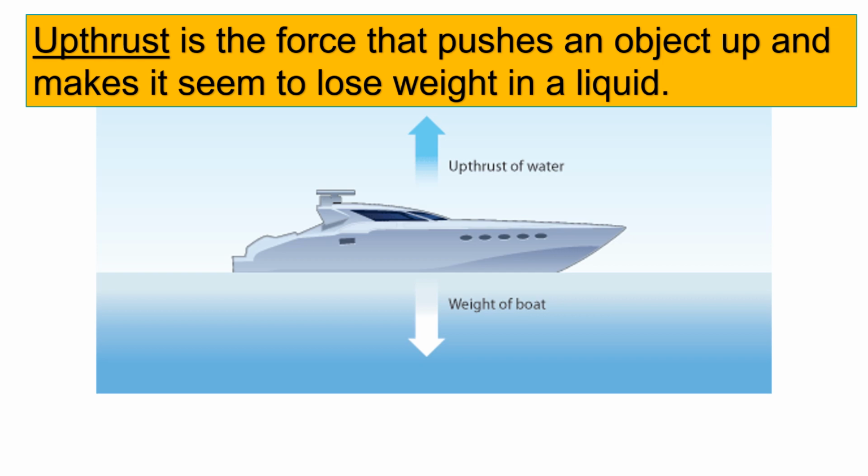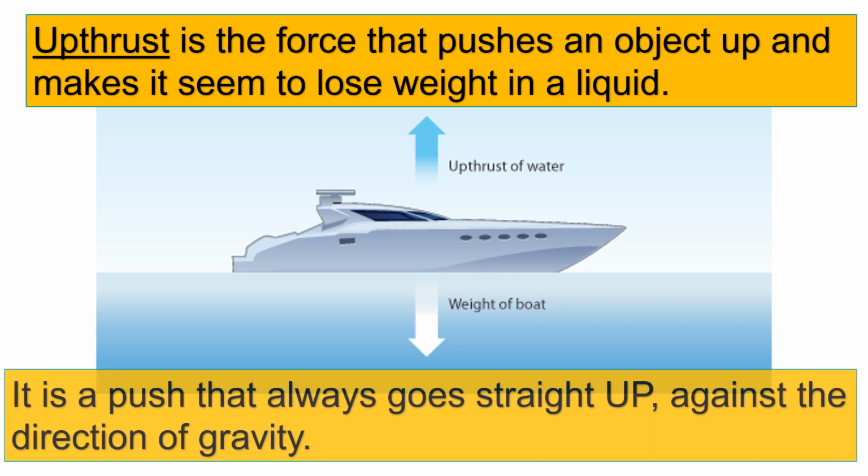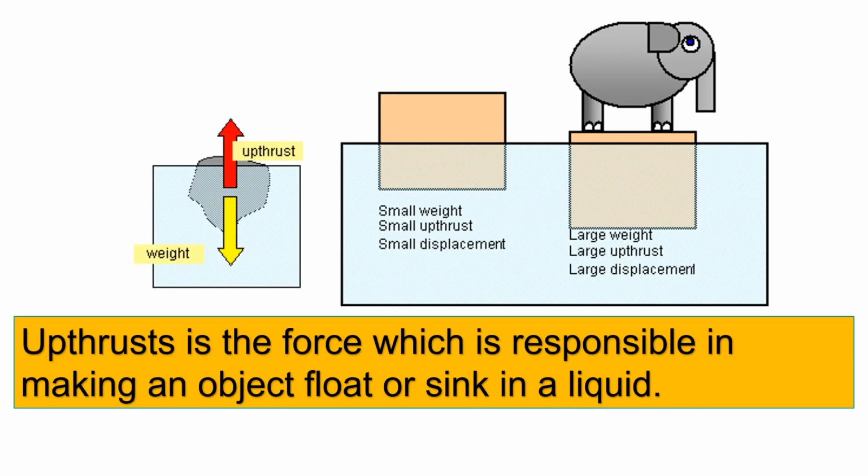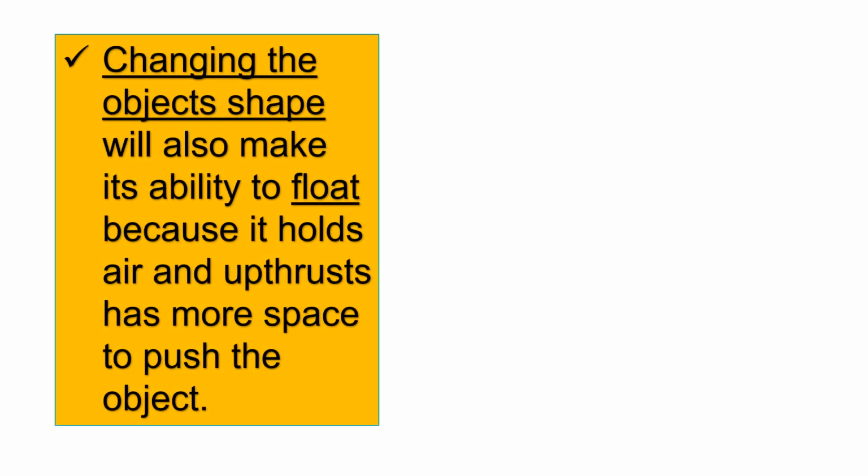Upthrust is the force that pushes an object up and makes it seem to lose weight in a liquid. It is a push that always goes straight up against the direction of gravity. Upthrust is the force which is responsible in making an object float or sink in a liquid. Changing the object's shape will also change its ability to float, because it holds air and upthrust has more space